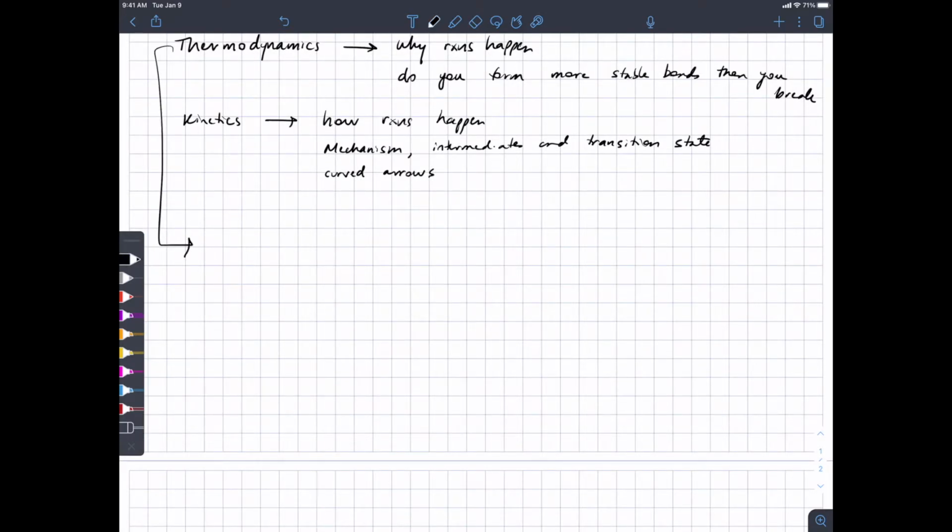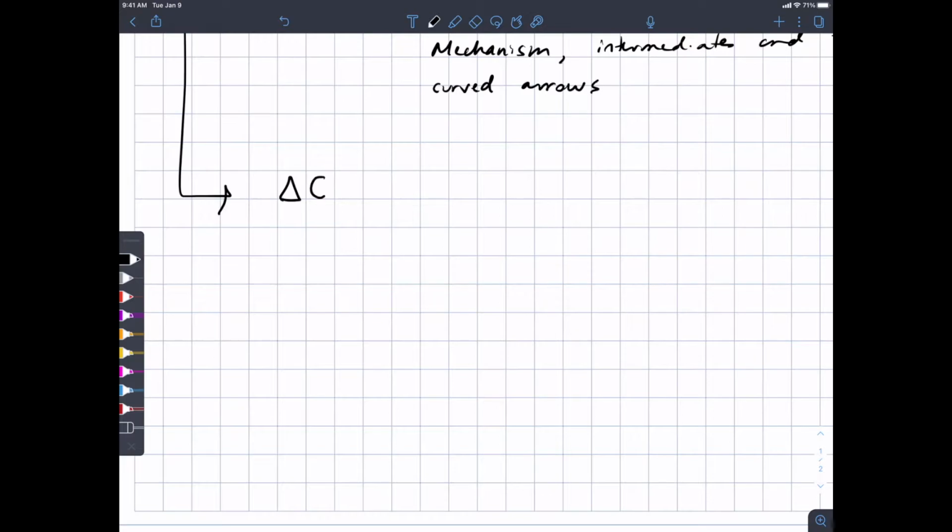For thermodynamics, the basic idea is that processes in our universe are favorable if they lead to a decrease in free energy. That's the Gibbs free energy, delta G. And delta G, as you recall, is related to the equilibrium constant. So for a process with an equilibrium constant KEQ, you can calculate delta G. If KEQ is greater than 1, delta G is negative. If KEQ is less than 1, delta G is positive. All right, that's sort of the fundamental relationship.